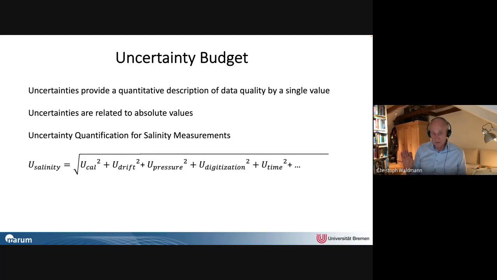But as soon as you talk about such type of consideration, people say, yeah, how shall I know about all these different contributions? This is not the issue. The issue is one has to start somewhere. If you just look at fluctuations of the signal and say, I just take that as the uncertainty of my measurement, maybe add the calibration error as well, then I think you're doing fine. But if you ignore it at all, this is not good.